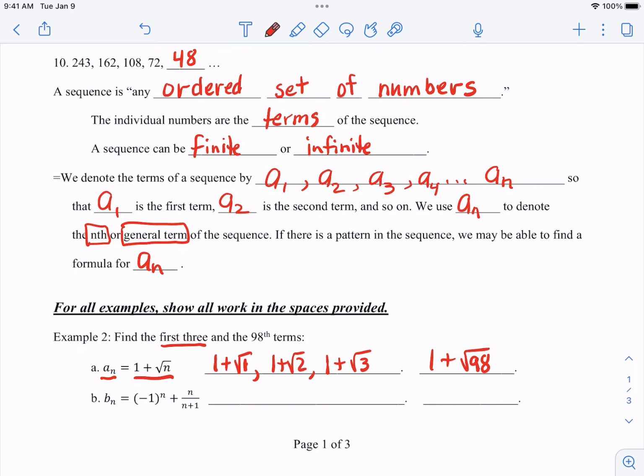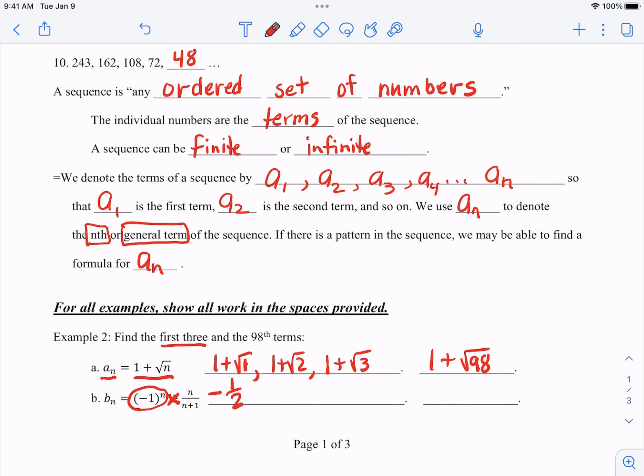You've got a negative 1 to the nth power. So when you plug in 1, that will be negative 1 to the first, which is a negative. I just noticed there's a typo here. This should be a multiplication, not a plus sign. So make that change. So the first one is going to be basically a negative sign in front of 1